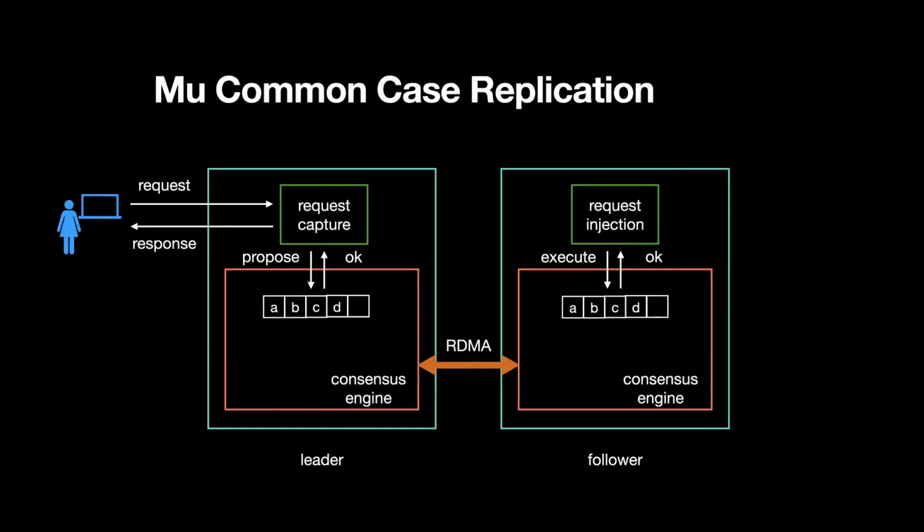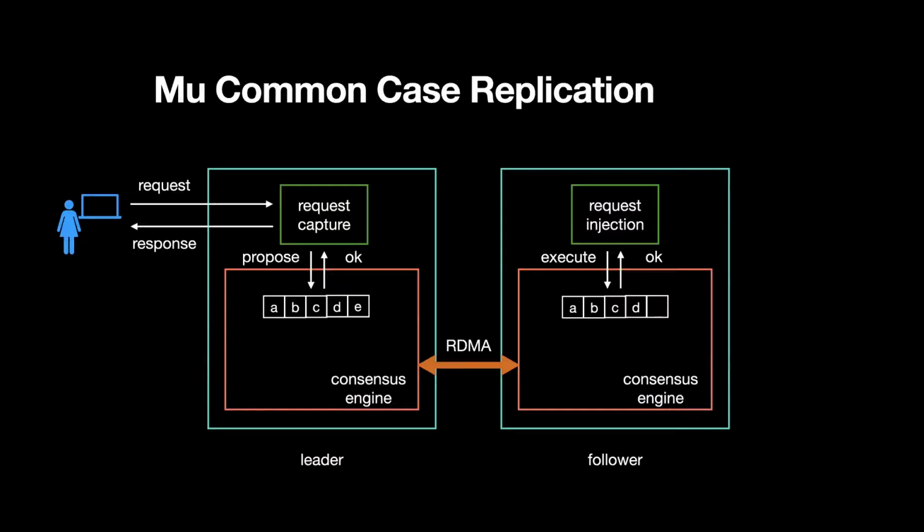So first, let's look at how the replication works. In the common case, the leader receives a request from the client. The request is captured, and then the request is added to the log on the leader. The authors have used this request capture as an abstraction, as they don't really care how they are actually capturing the request. It could be a function call that our client is making to the leader. It could be a socket connection, whatever. It doesn't matter to them.